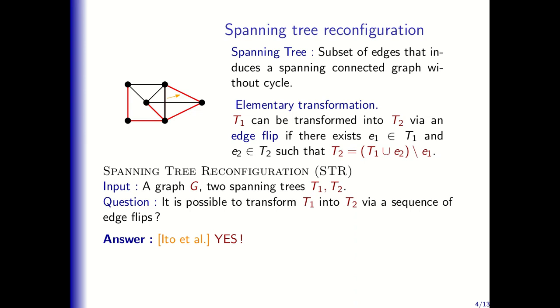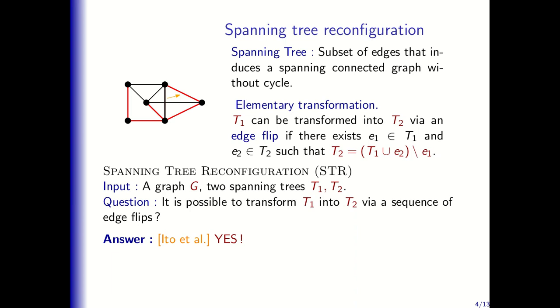It's just because spanning trees form a matroid, and you know that in a matroid you have the exchange property, which is, when you have two solutions, when you remove an edge of the solution, you can add an edge of the other solution. So basically it says the answer is yes, and there is always a transformation of the shortest possible length between them, which is the size of the symmetric difference.